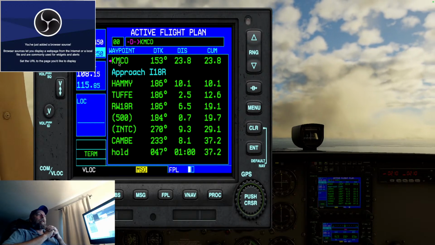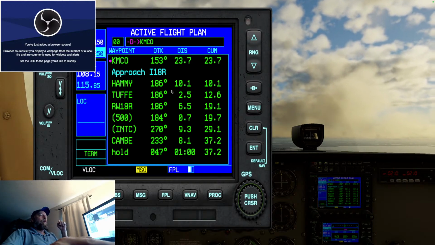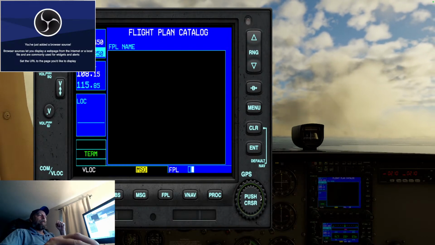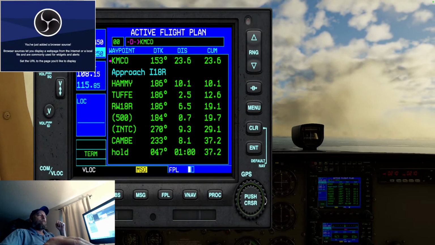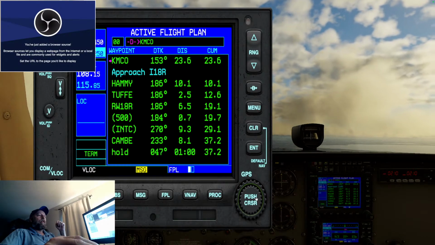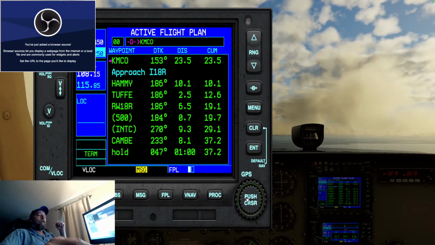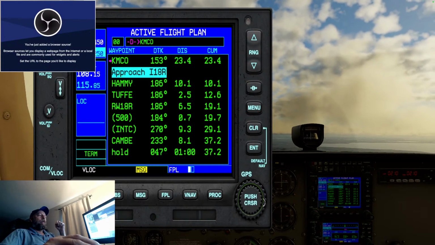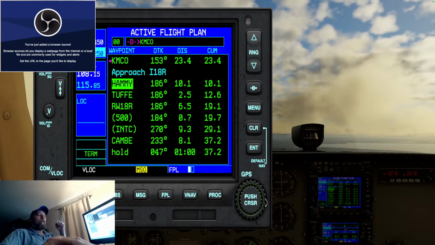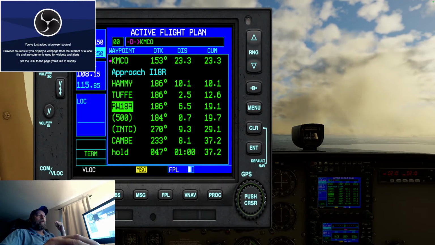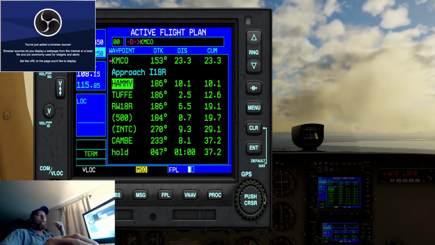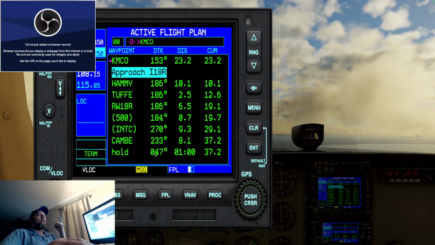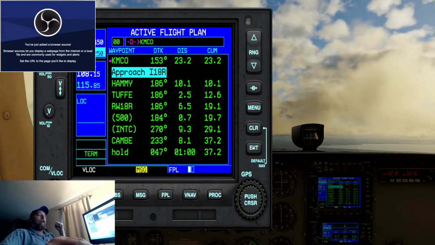So, what do I do next? Well, if I want to actually activate the approach, I've got to get my cursor over that. So, start moving some of this way. You've got to push it. It's right there, push for the cursor. I could say just go straight to 18, or I can go straight to 15 or whatever. In this case, I want to activate this approach. So I'm going to highlight that, enter,